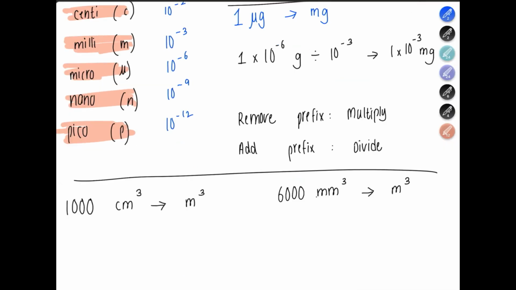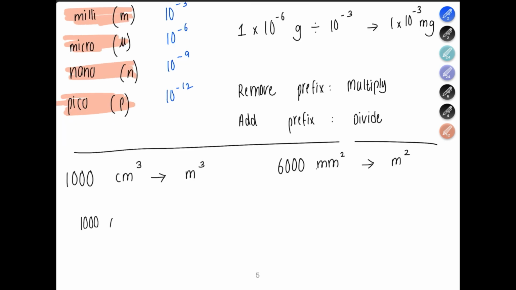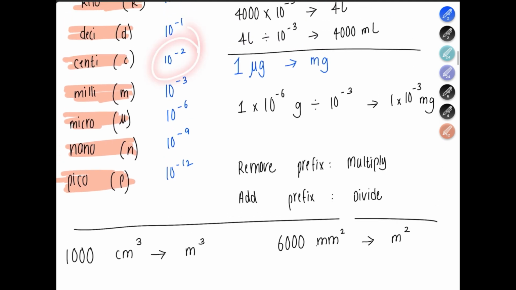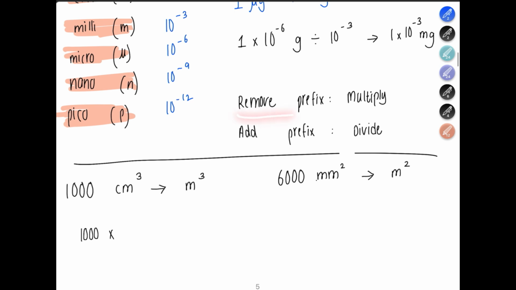It's very useful though. Now what if your units have powers? For example, in volume you write centimeter cube, meter cube. For areas you write square, right? Centimeter square, millimeter square. What if you need to convert in this way? So this is going to be 1000 multiplied by what do we multiply for a centimeter? It's 10 power negative 2, and since we're removing the prefix, we have to multiply. This is going to be multiplied by 10 power negative 2. Now you have a cube here, right? Because this is volume. So you're just going to cube all of this, and you're going to get 1 multiplied by 10 power negative 3